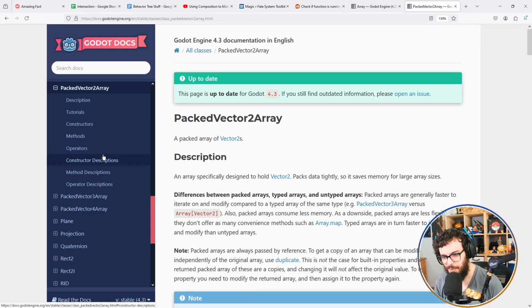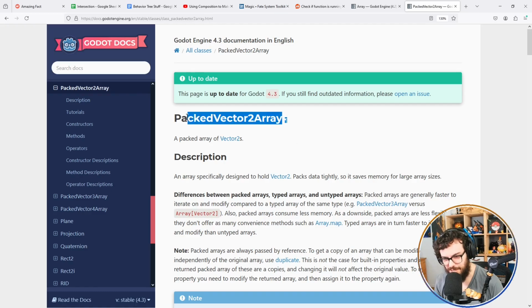Oh. Godot has a special kind of array to store vector 2s. Vector 2s are anything that has two values attached to it. So like the location on a map, an X coordinate and a Y coordinate, that's a vector 2. Could also be something like a speed and an acceleration, speed and a singular dimensional direction, whatever, any two values. Specifically designed to hold vector 2, packs data tightly so it saves memory for large array sizes. Yeah, I'm not so worried about that, but...